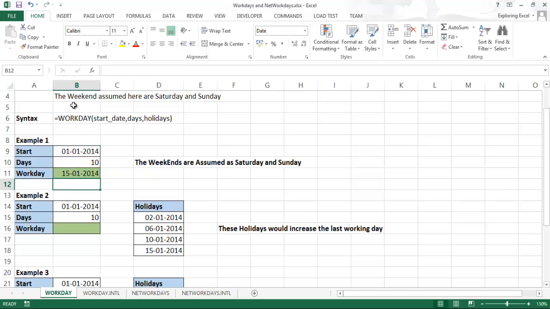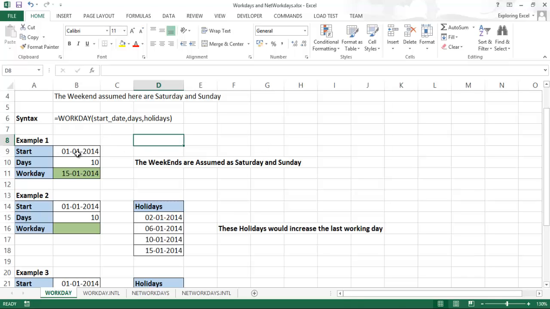Now why did it give me 15th of 1 2014? If you simply add 1/1/2014 plus 10, it will give you 11/1/2014. Now why did it give you 15/1/2014? You can see inside the calendar that Saturday and Sunday are considered as weekend, so these are deducted.